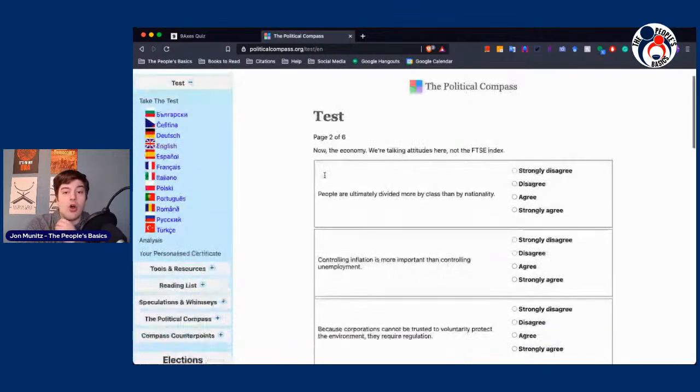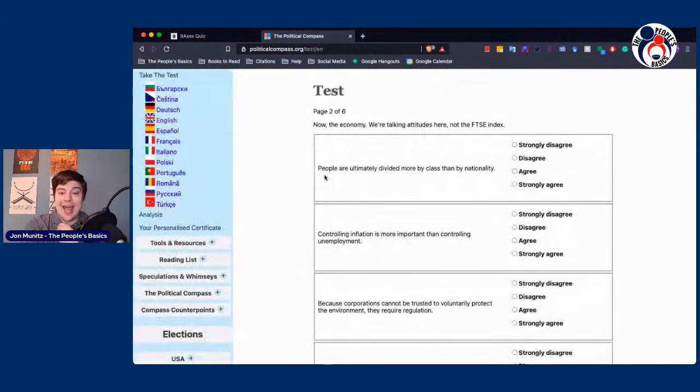Next, people are ultimately divided more by class than by nationality. Boy, I'm going to agree, but I'm not going to deny that we do have distinctions by our nationalities. We have our own distinct cultures based on our countries. And so I'm not going to say that we're not divided on that. But I do think that we have a lot more common struggle of understanding what it's like to not have healthcare, of understanding what it's like to not have housing or income, or all these things of just trying to be able to survive, that I think are really